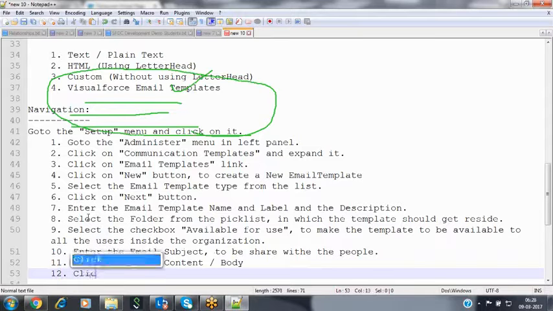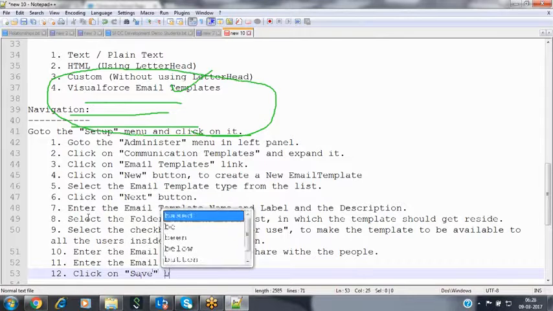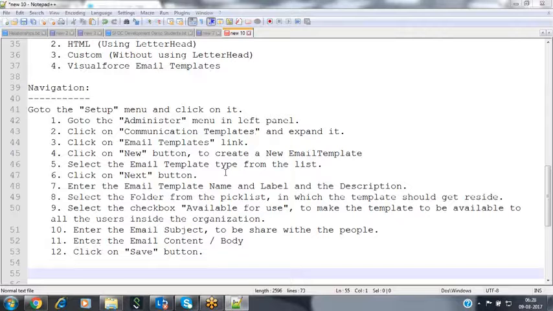And after that, click on the save button. So this is the navigation process we use in order to prepare an email template. We have to use this navigation upon preparing the email template. Now let's see how we can create an email template by using this navigation process, and how to send the email notification, practically.